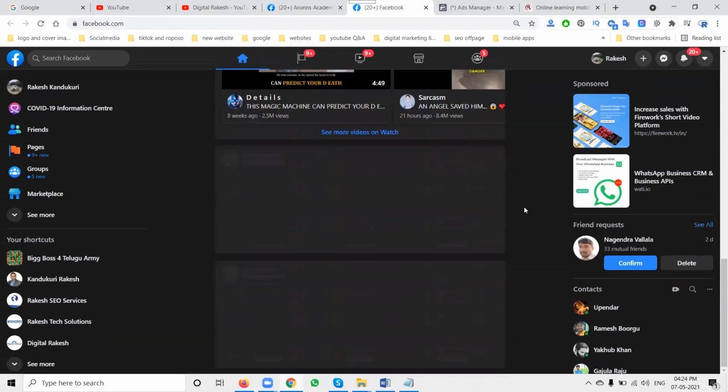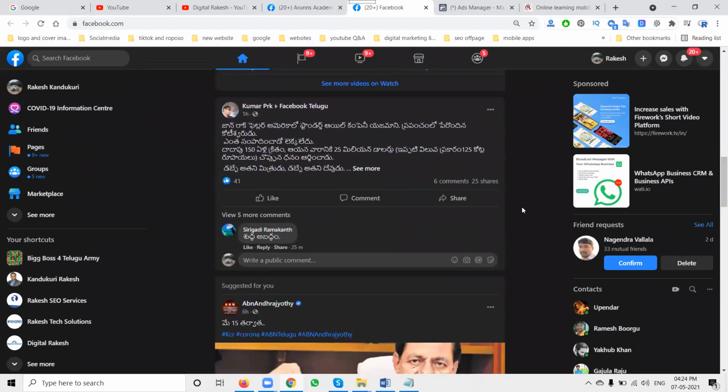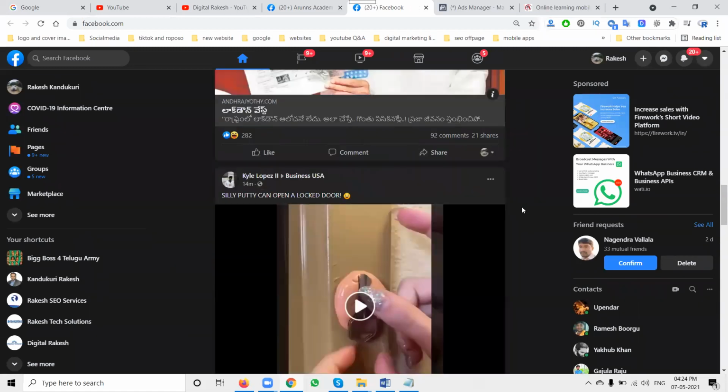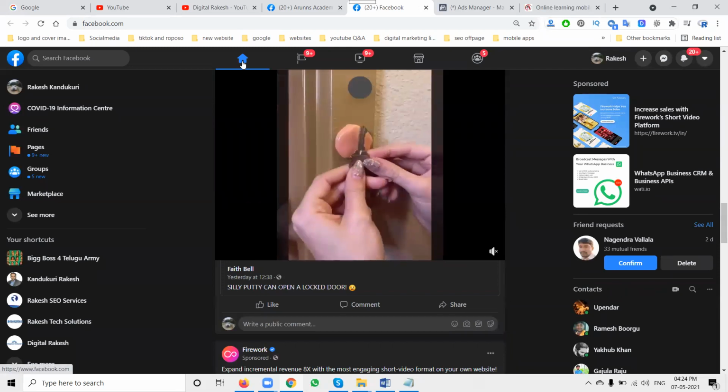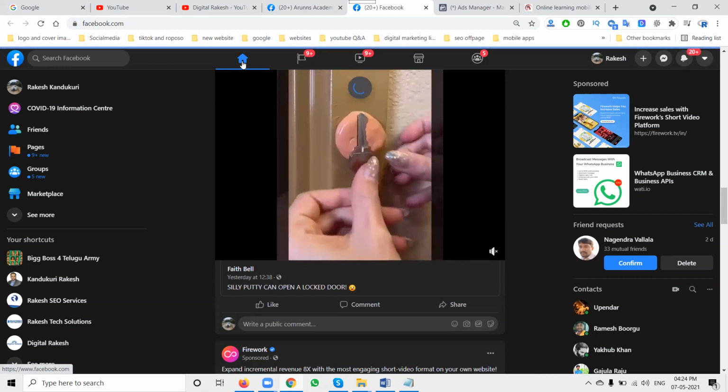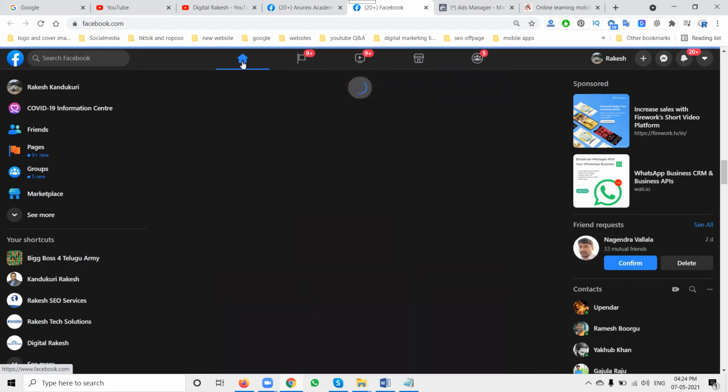So we can follow all these methods to increase your ad reach and awareness on Facebook, and to increase your website traffic. Reach and website traffic are completely different. You can follow this option to activate in your particular position.